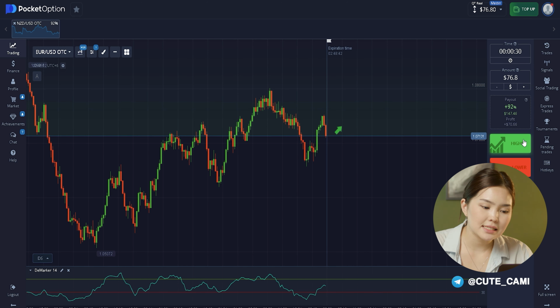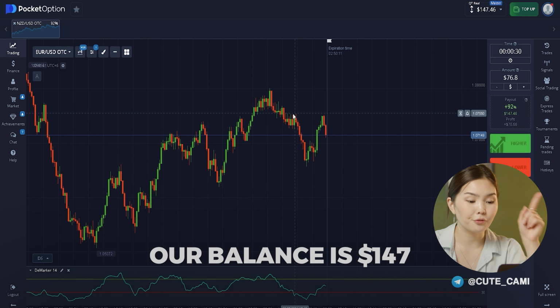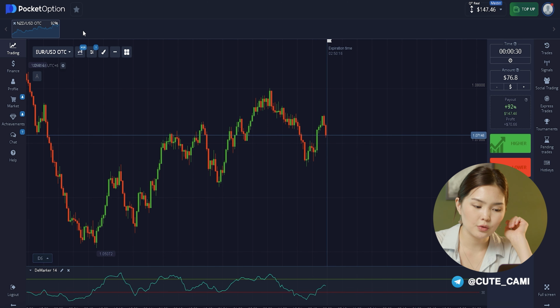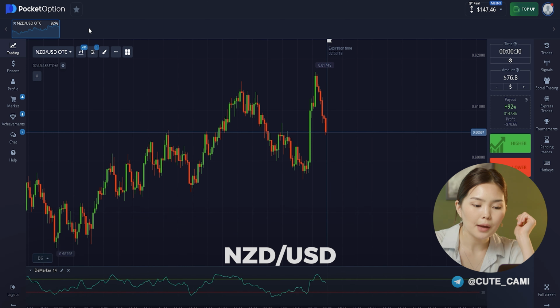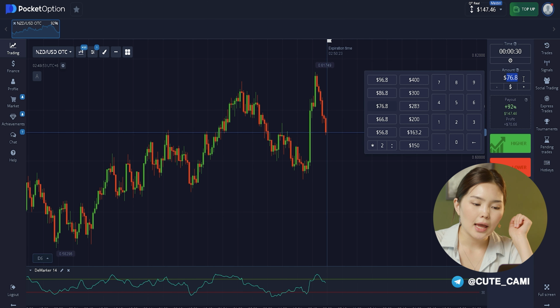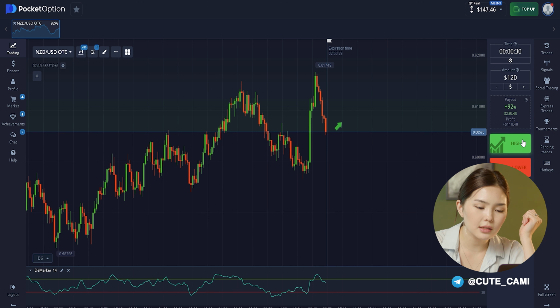The second transaction is also confidently completed as it began. Our balance is replenished and our amount is $147. I'm changing the currency pair to NZD/USD and I'm opening a deal for an increase of $120. A confident uptrend is visible on the chart, the indicator line has risen above the 70 mark. These are our signals. The transaction is completed and my balance is